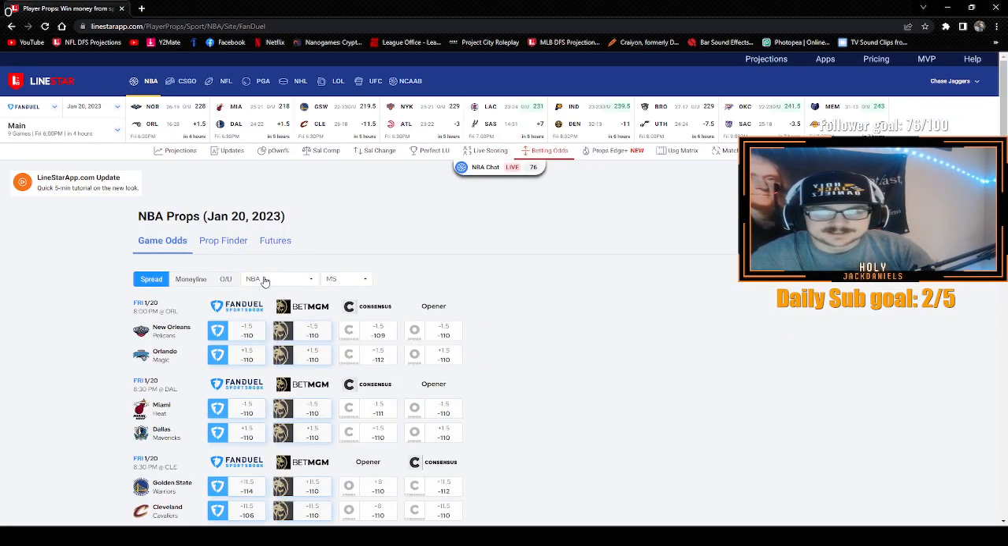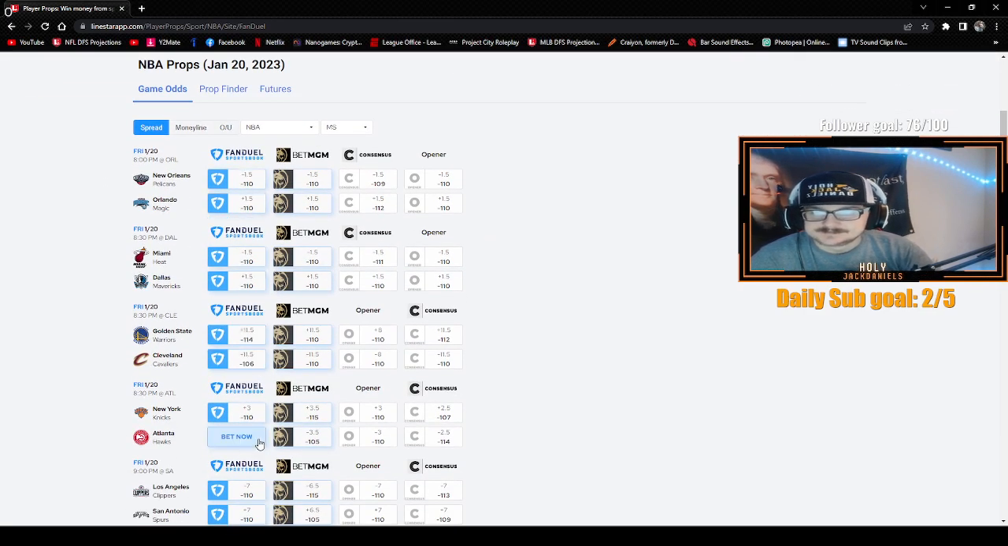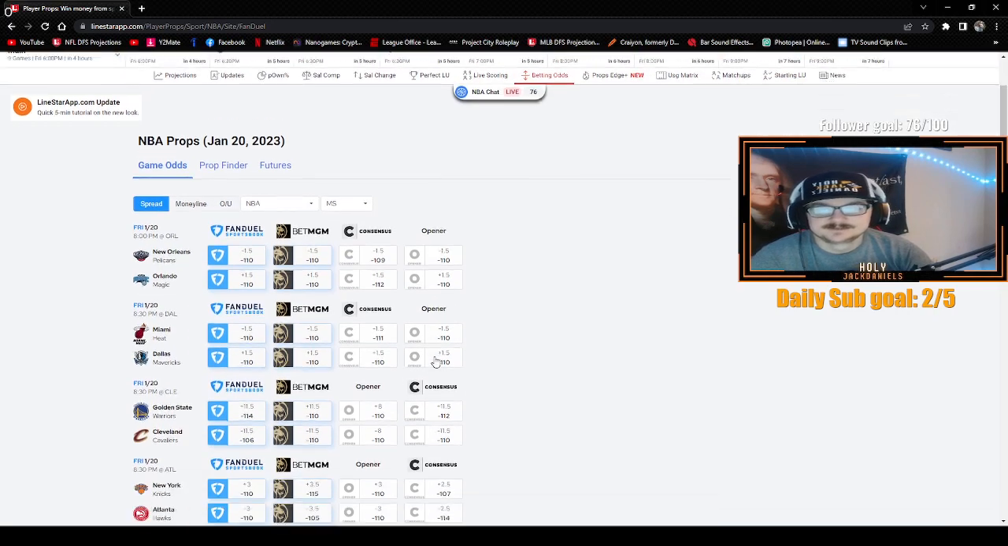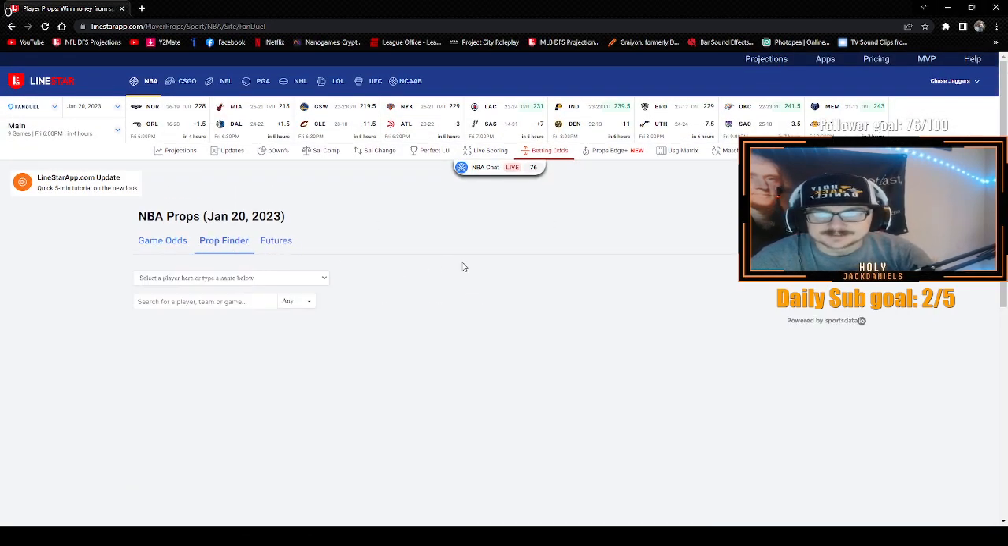I don't use this because it's not legal in my state, but I'm sure a lot of people would love to look at it. It gives you multiple sites, FanDuel Sportsbook, BetMGM, the consensus, what it opened at, of the spread, the money line, the over-under, etc. Could be helpful for finding good bets. And they have a prop finder, same thing,